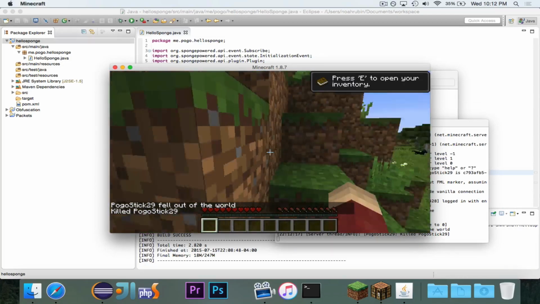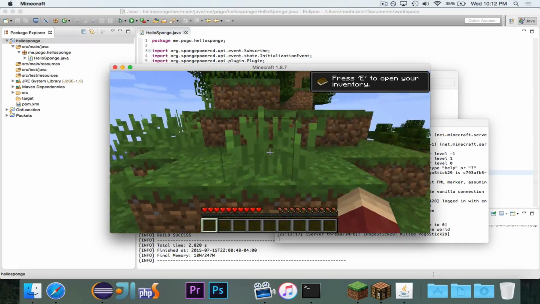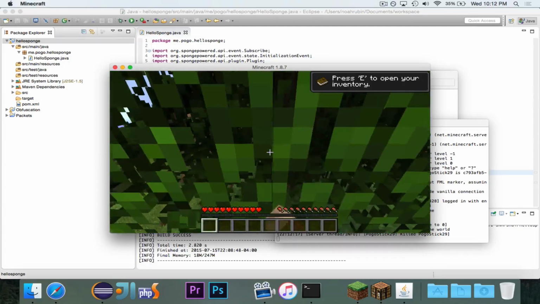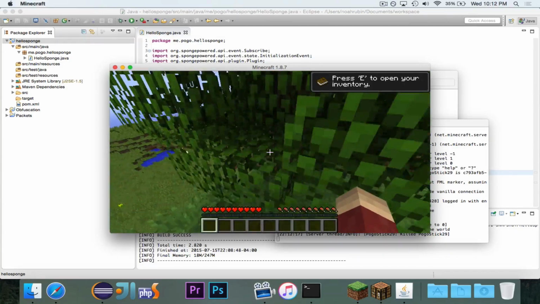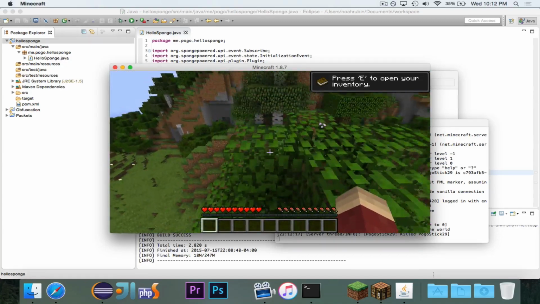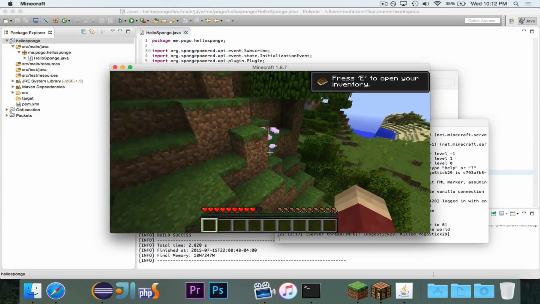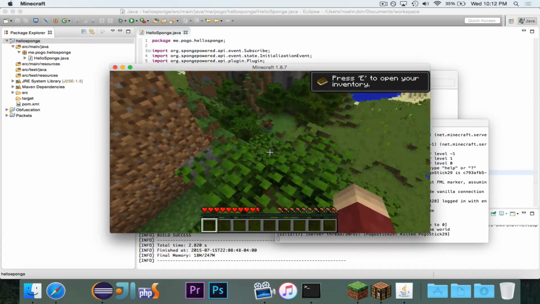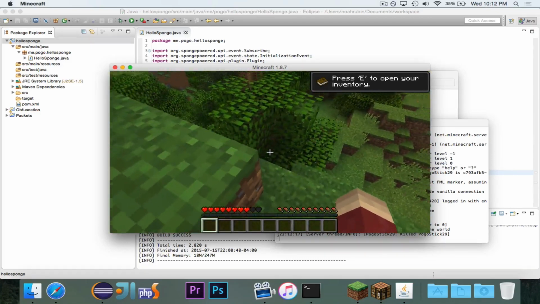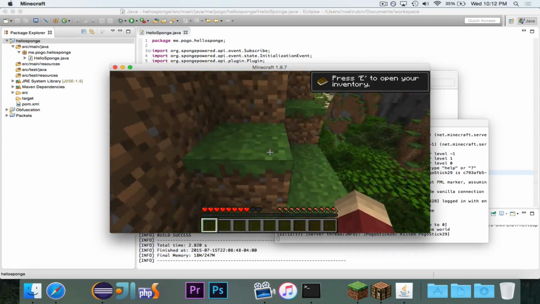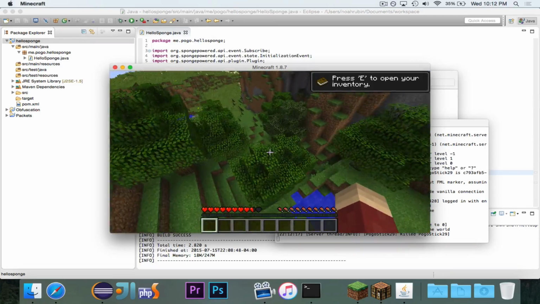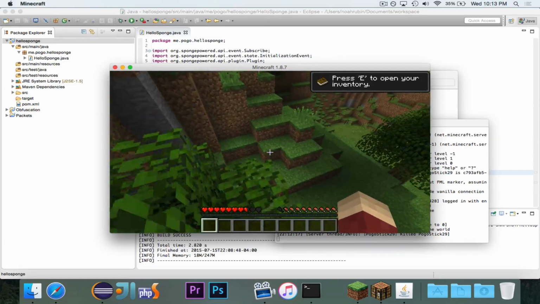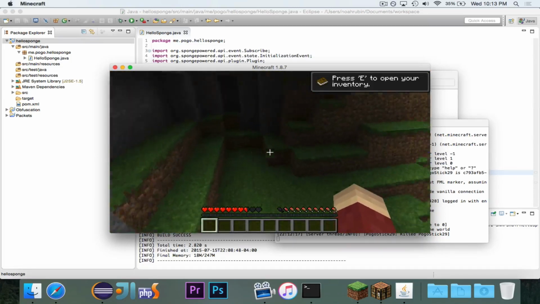So that is all for this video, which is actually very, very long. I apologize for that, but we set up the Sponge server, and then we wrote a sample plugin for Sponge. And you'll notice that it's similar to Bukkit, and if you understand how Bukkit works and all of those basic things, then this shouldn't be too difficult. But there are some major differences, as you can clearly see. So it will be useful in this series to pay attention, because there's a lot of things that are different.